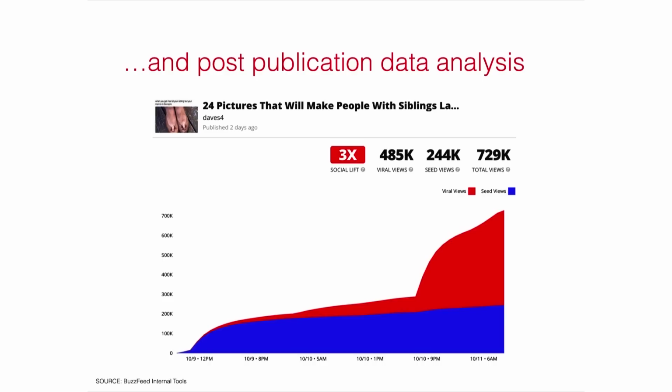The way we think about our traffic is really broken down into the traffic that we seed out, so traffic that's consumed because people have discovered the content on our own pages, and then viral views, meaning the traffic that is generated from people discovering our content other places. So on Facebook, on Pinterest, you emailed it to your mom, whatever happened, that is considered a viral view. And that social lift is really trying to understand the relationship between those two metrics.